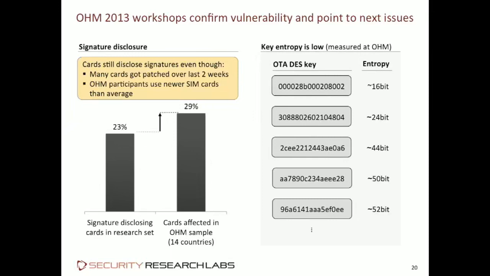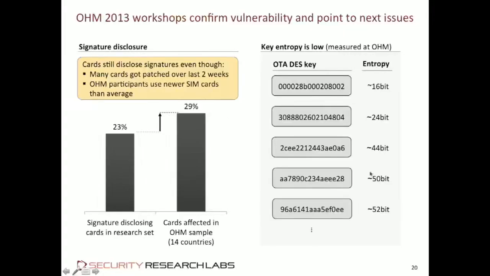So if you have a terrible entropy source that generated this key, moving to AES, for instance, does not help. Right? So a lot more cards could be affected once people start specifically looking, for instance, for weak keys. And this was not an isolated case. So you see how all these keys actually fall short of their 56-bit entropy limit. So this one could be just a sampling variance. It could very well be that this is 56-bit, but all of these clearly fall way short of